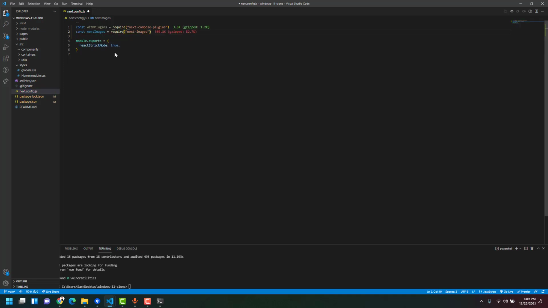Oops. So module.exports, we're gonna export withPlugins, right? Sorry. So if you've used Redux, you know there's Redux compose as well, where you can compose a lot more other higher order components. So it's something similar. And then it takes an array. So we're gonna say nextImages is one plugin that we want to use, and then yeah, just what it's gonna return. So images,